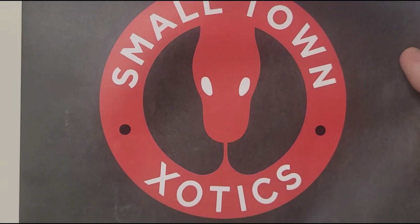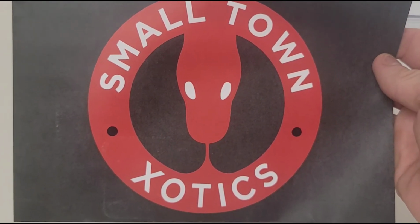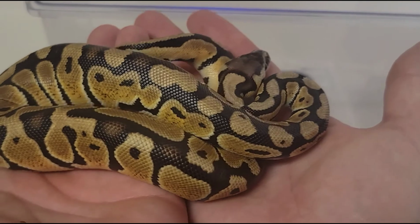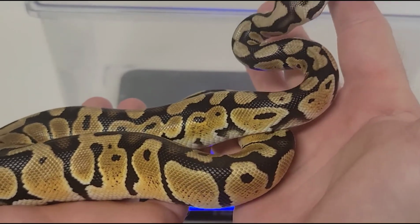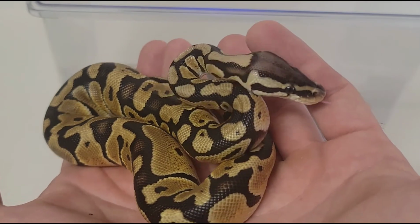Shout out to Shane from Small Town Exotics for these next two ball pythons that I'm about to show you. We have a Pastel Disco Blade 100% Het Clown male, and he will be getting an H name. I do not have him named yet,